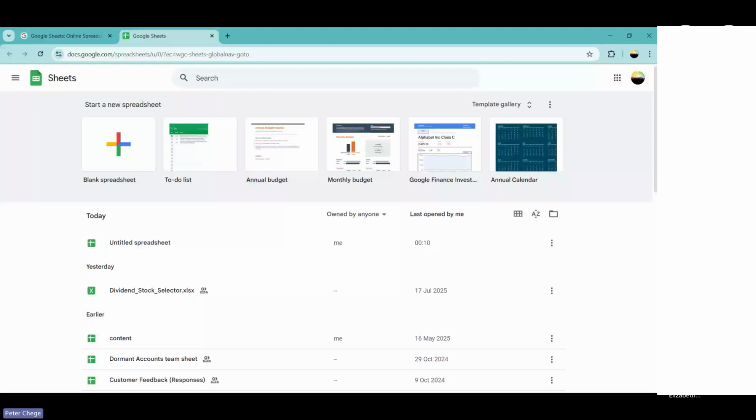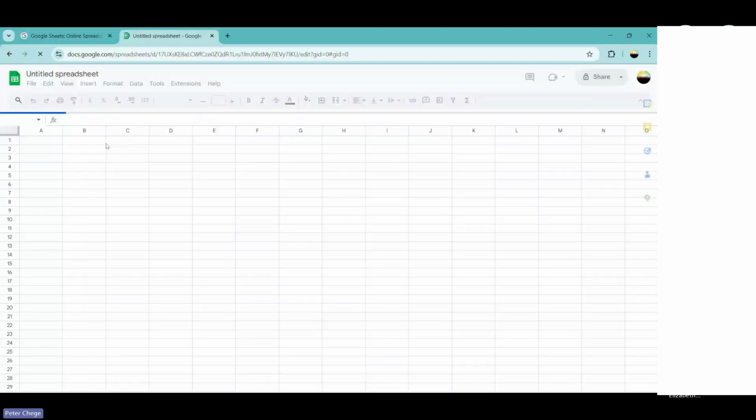So we start with a blank spreadsheet. If you have a computer, you can try to do it together. If you don't have one, don't worry, I will share this recording. So you click on blank spreadsheet. The first thing, always rename your spreadsheet. Where it says untitled, let's call this